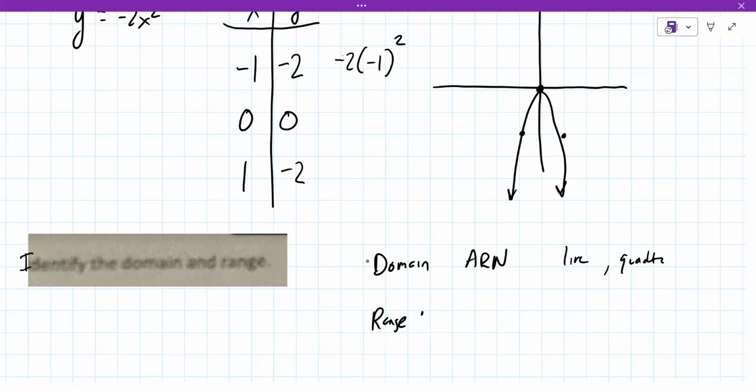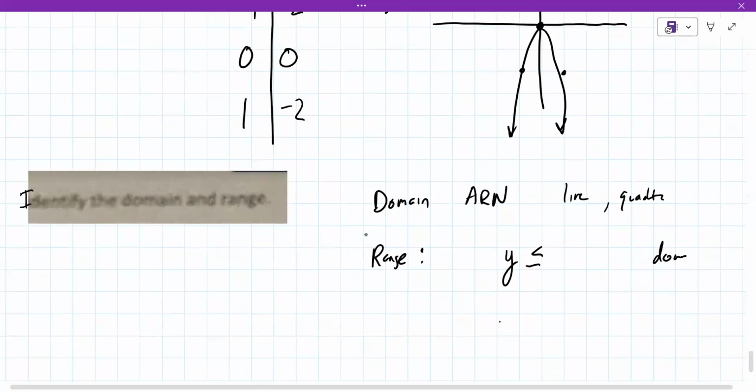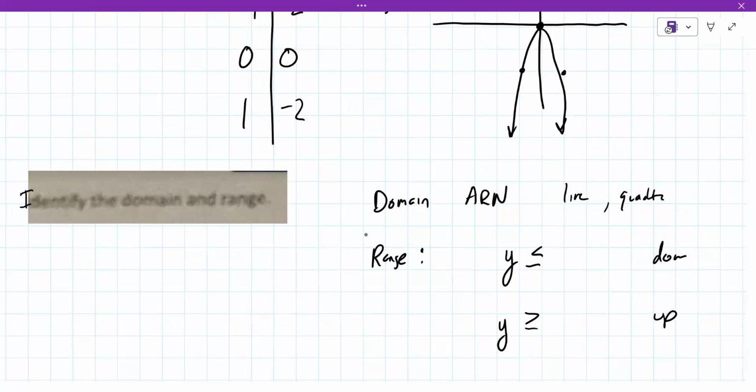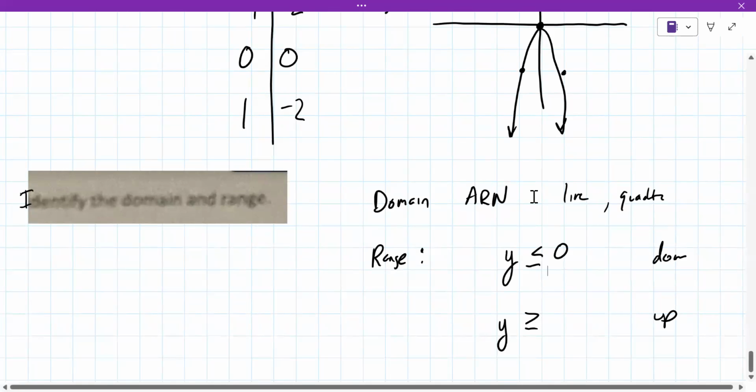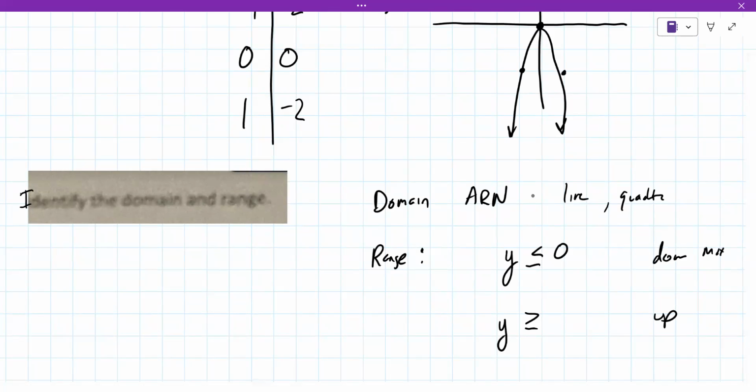I know that range is like the highest point to the lowest point, at least on a number line. Right. So because it's opening down, and this might be something to write down, it's always y less than or equal to if it opens down. Zero. It's y greater than or equal to. Wait, no. Yes, and opening down is maximum, and then opening up is minimum. That's right. So would the answer be y is